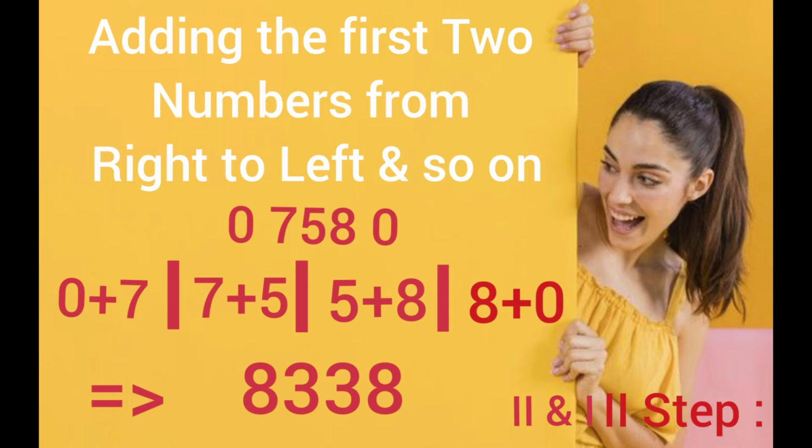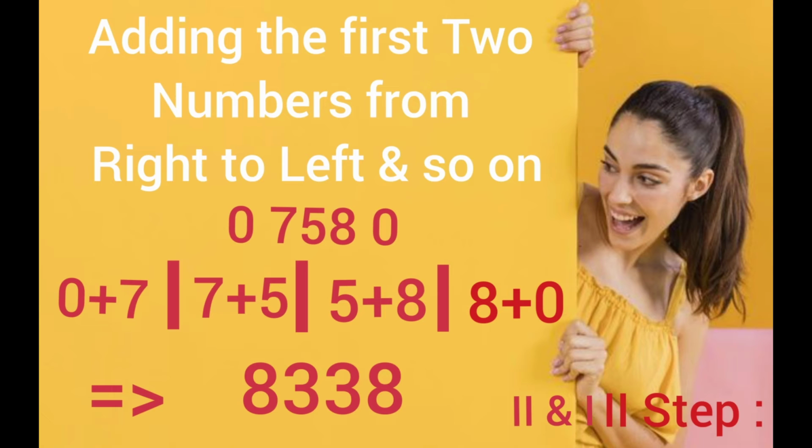The second step is simply summing the numbers from right to left on the screen. So the right number is 0, the next number is 8, let's sum them, and the third step goes on likewise. The next number is 8, that is added with 5. Next number is 5, then add with the 7, and the next number is 7, then add with the first 0. So we make this position the second and third step consecutively, and finally we get the answer.